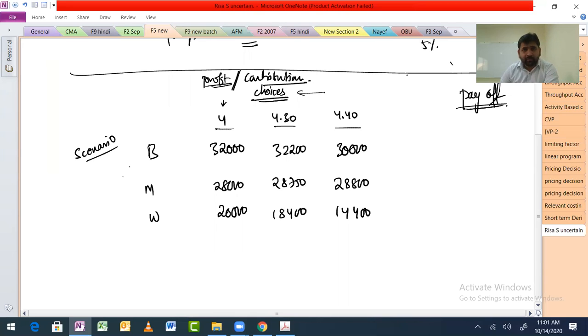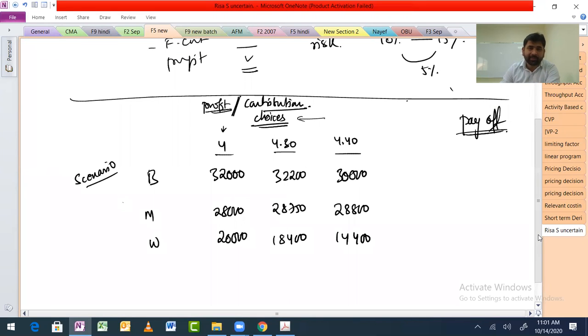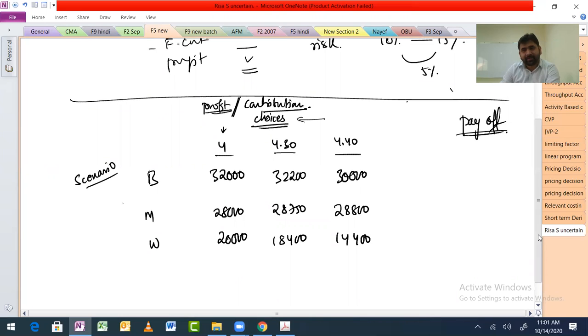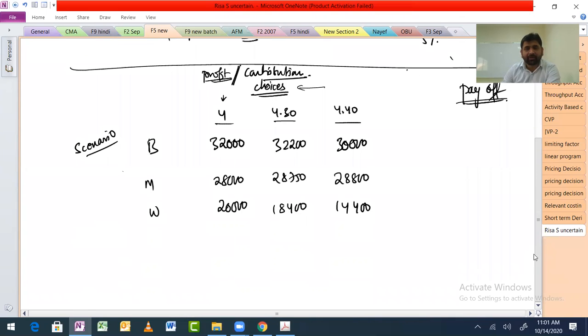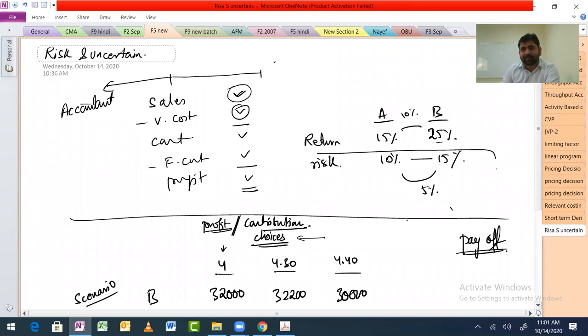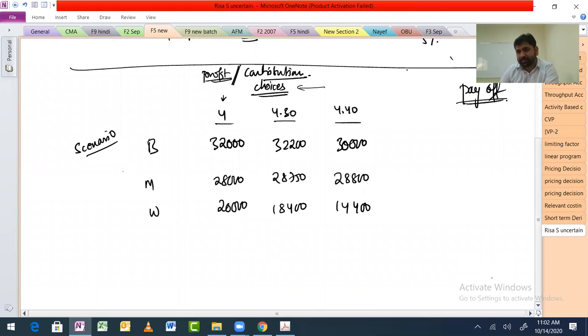4.3. Okay. Why? You are still optimistic. See, first time when I asked the question, you also gave me an optimistic answer. Optimistic means risk seeker. You are thinking only good things will happen to me. That is what you are thinking here also and here also. That's why you are not even looking at the risk. You are looking at the return. Here it is more, fine, I'll go with this. And here also you are doing the same thing.